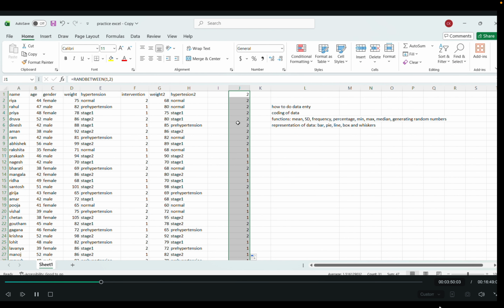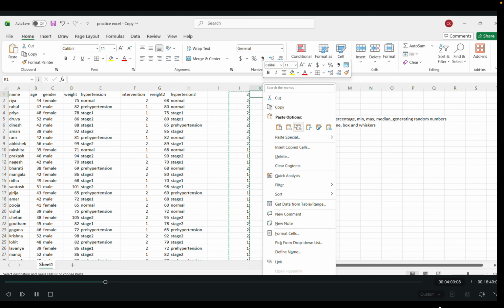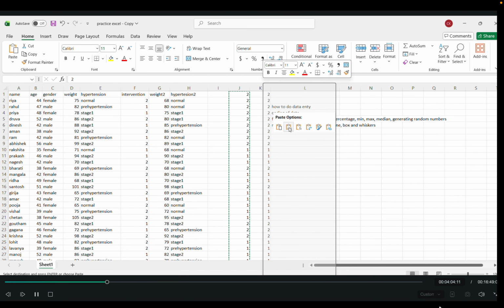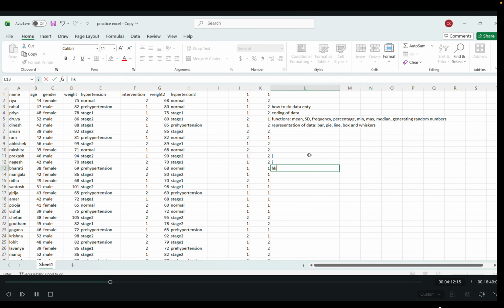So how to stick it here? First you have to copy it and then paste it in the intervention column, that is here. Here you can see there is a paste option with 1, 2, 3. You have to paste it with this only, or else every time you do one function, you can see I'm writing one function here, but every time I do, this column is moving.